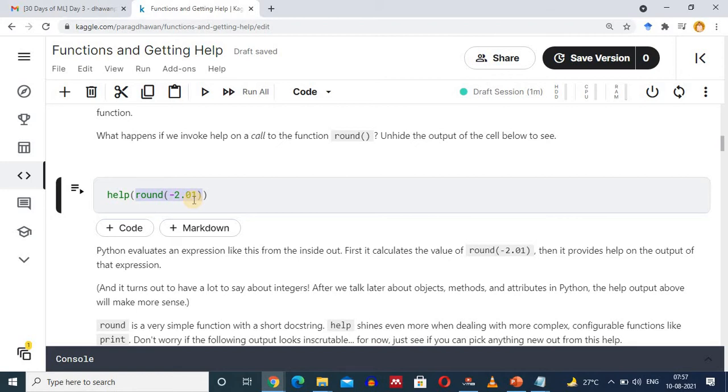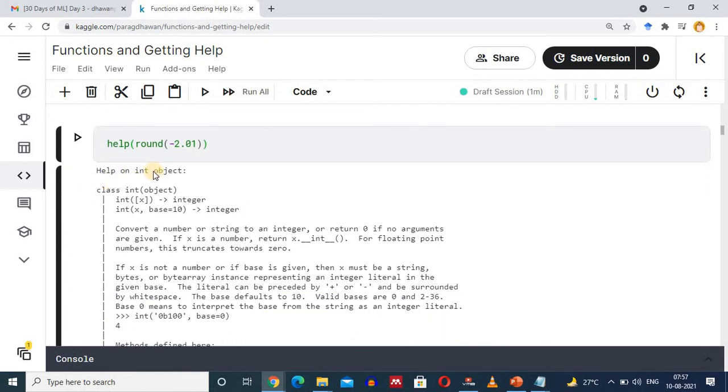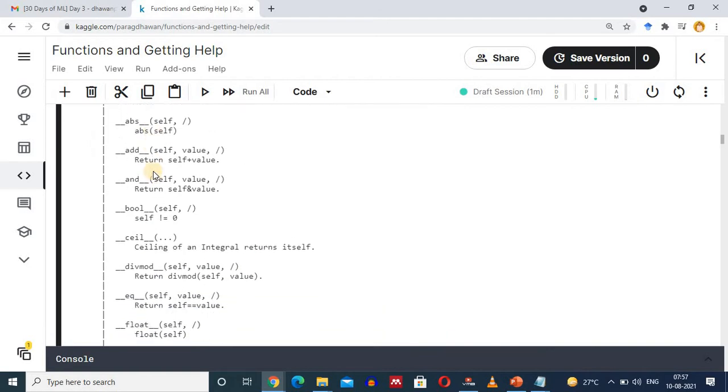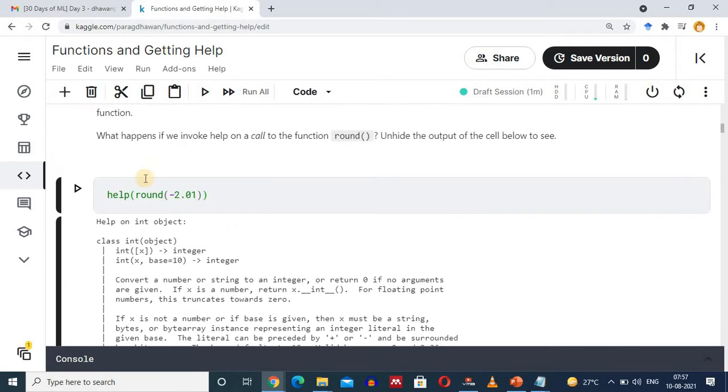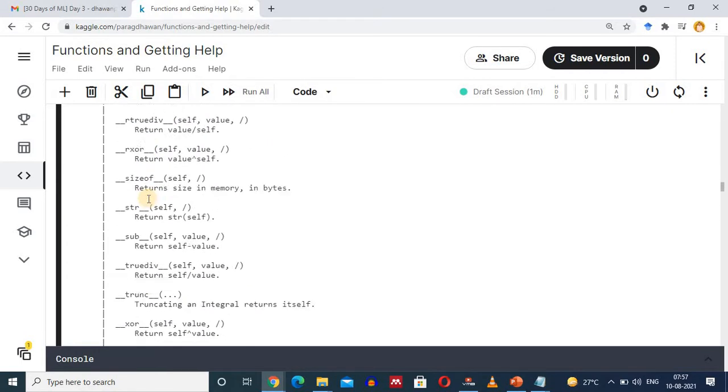We will run the help function on the returned object. Click on the cell and run the cell. You can see help on int object because it is an integer. So the point to note: when you are taking help about any function, you have to give the name of the function. You don't have to call the function. Moving to the next part,